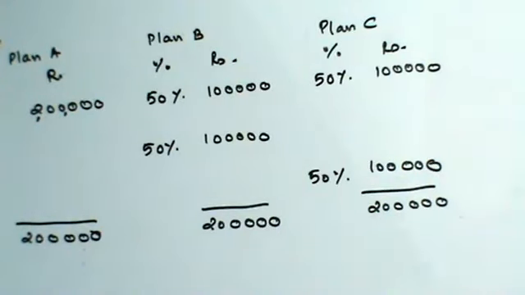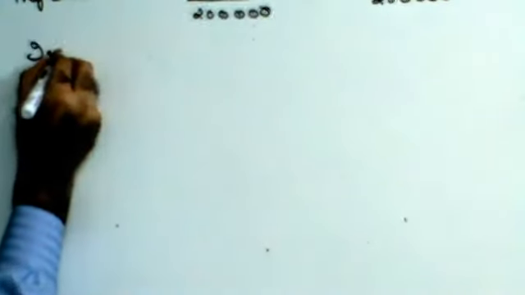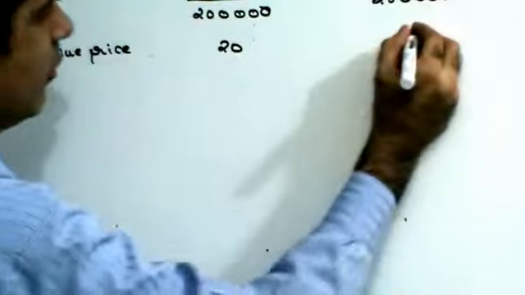Now face value FV of each share. They have given you that the face value of each share. They are saying that equity shares of rupees 10 each, but they are issued at a premium of 10 each. So they have given you the issue price in this case. Shares are being issued at 20 rupees each,